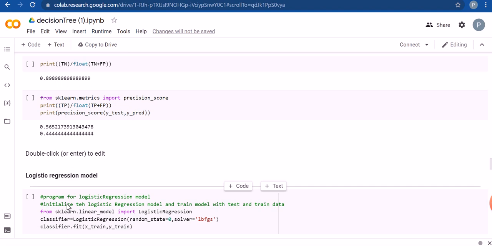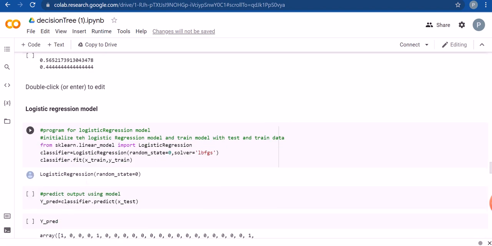Now using the logistic regression model from the sklearn library, we will import that function, and using a variable we will store the output generated from that function and use it as an object of that function.